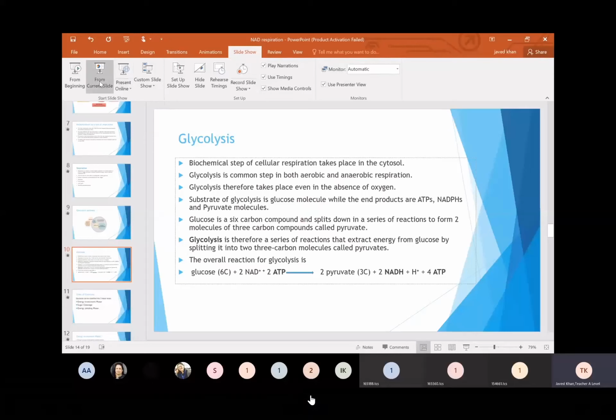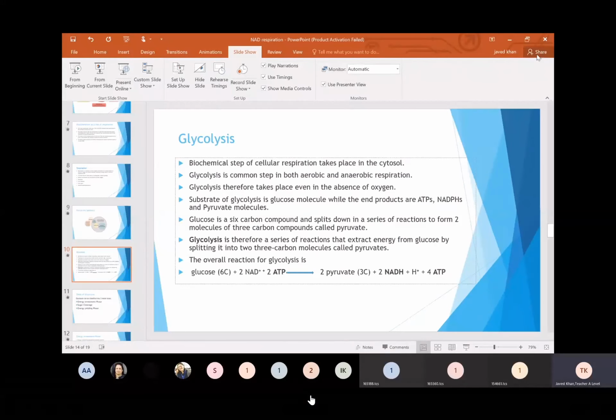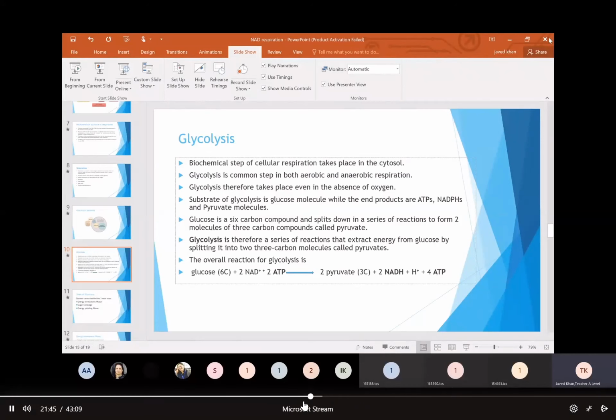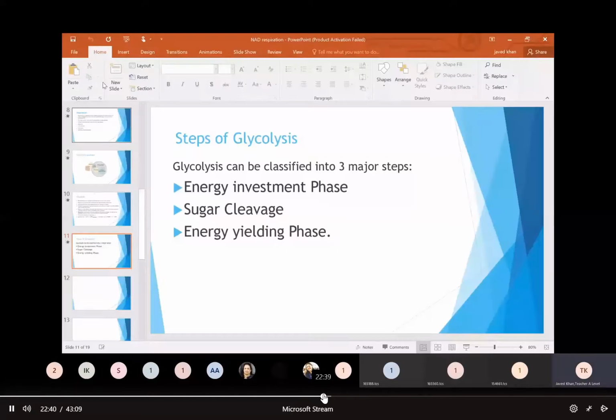On the current slide. So, I don't know. Scroll. Why is it broken? It's locked now. So now let's move to the